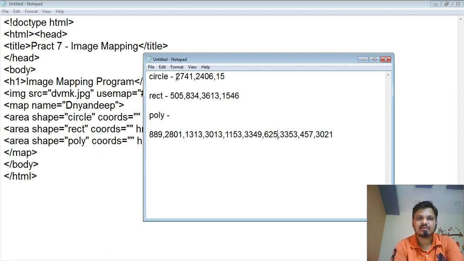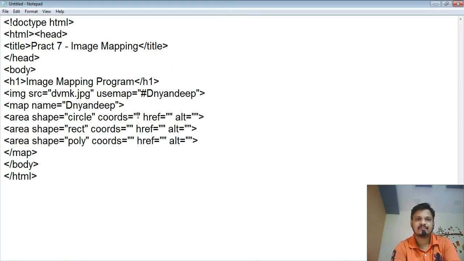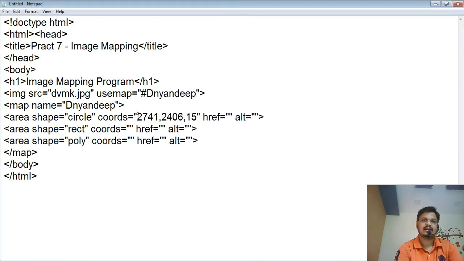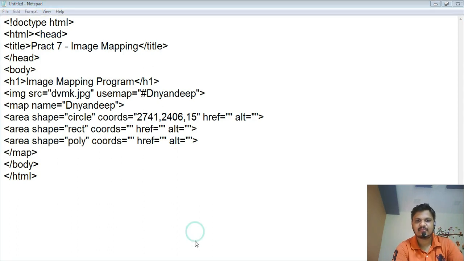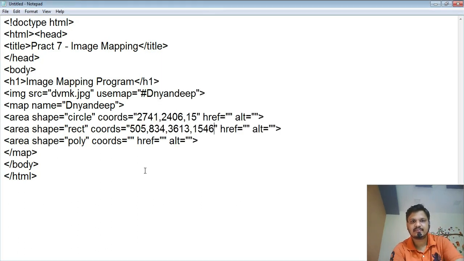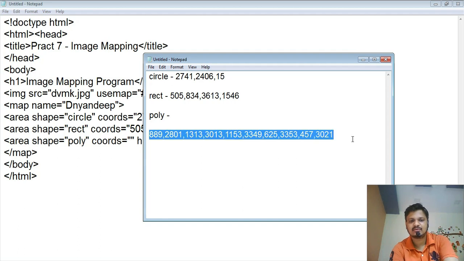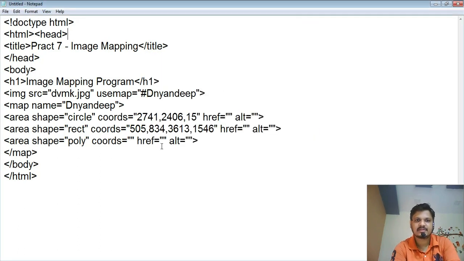Simply copy these values and paste them over that particular area. Rectangle, where is the rectangle value? Again same, copy this value and paste over it. Now the remaining polygon shape. We require all these values, so copy them and paste them in that area.